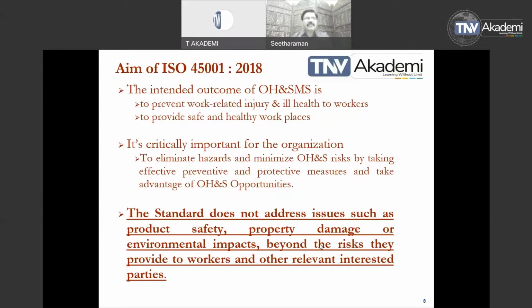Okay, it is critically important for the organization to eliminate hazards and minimize risk. We already talked about it: by taking effective preventive and protective measures and taking advantage of OHS opportunities. That means any opportunity with regard to improving the awareness of safety among employees, improving the technology, improving the equipment, and other safety precautions. So these are all opportunities we can avail so that we can improve our occupational health